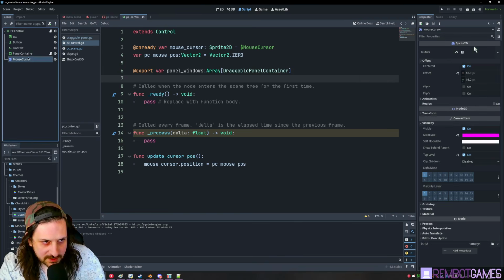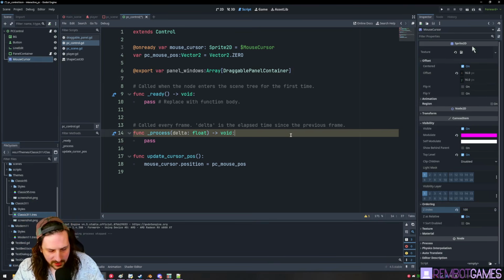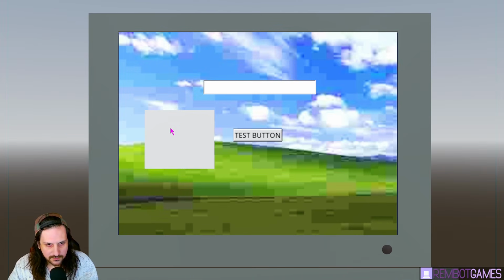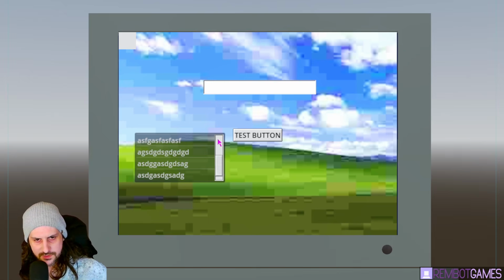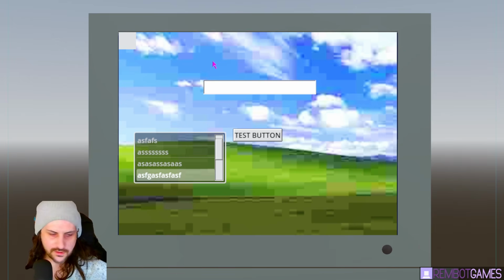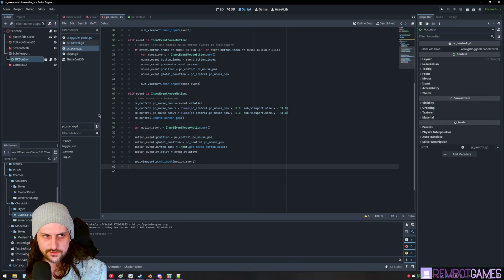As well, we need to set this mouse cursor position to, say, 100, just so it never goes behind that panel either. Cool, so now it's in front. I've also added in a scroll area just to show you other things we can do. But you'll notice the panel won't actually move around when we click and drag. So we're going to fix that real quick by adding in this little bit of code right here into the